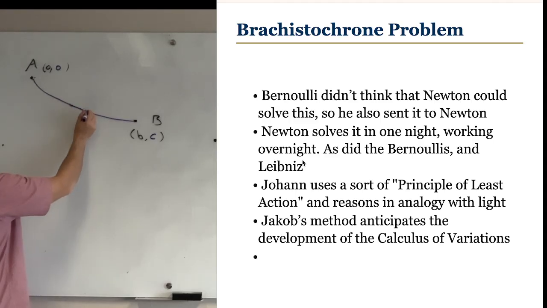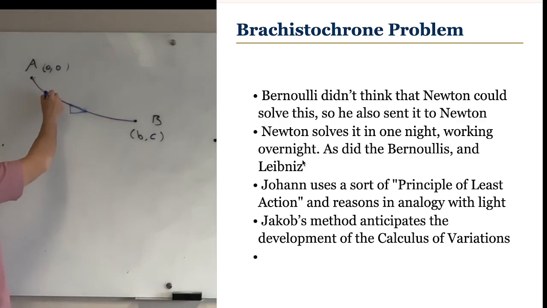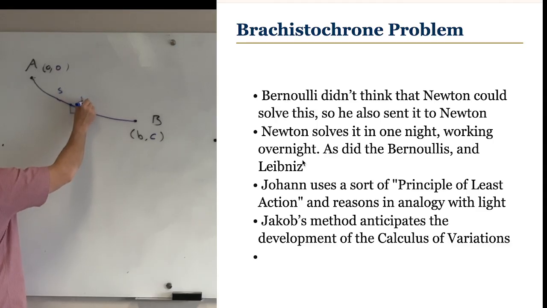Okay, so let's consider a piece like this. So we're going to look maybe at a segment that looks something like this. If S is the arc length of this, that is the distance from here to here, the distance from the beginning down this to that point right there. If that's equal to S, then again we can do our differential triangle. This is going to be ds, this is going to be dy, and this is going to be dx.